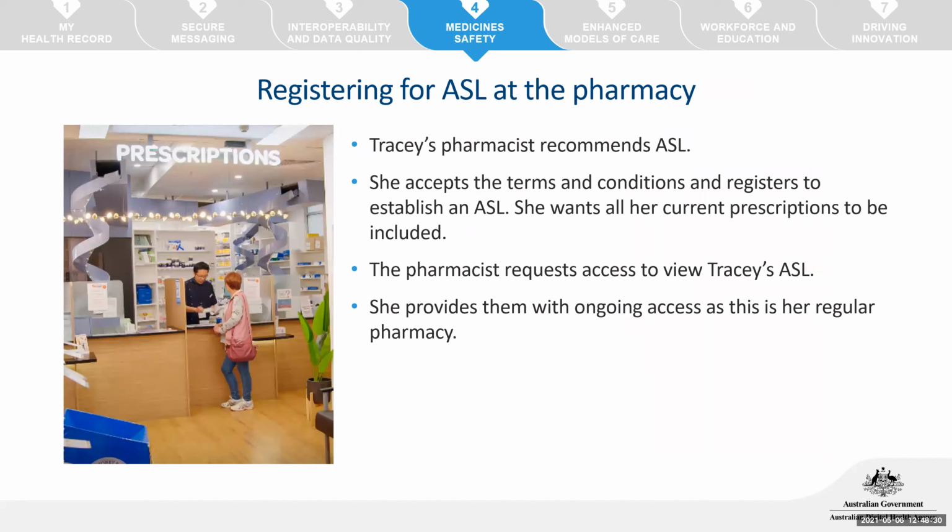So Tracy presents to her regular pharmacy and mentions this to her pharmacist, Ken, who suggests that she registers for an active script list. And that will mean that she doesn't need to worry about keeping track of different tokens and showing her tokens every time she visits the pharmacy. So Tracy agrees and has Ken help her with her registration. So she presents her 100 points of ID, and Ken sends her the SMS to accept the terms and conditions